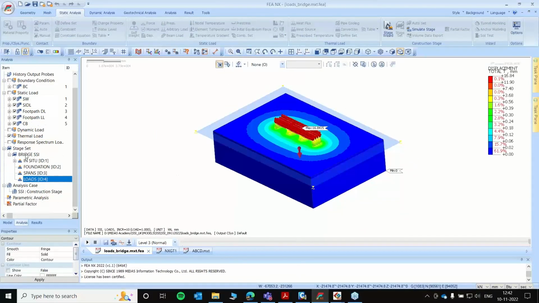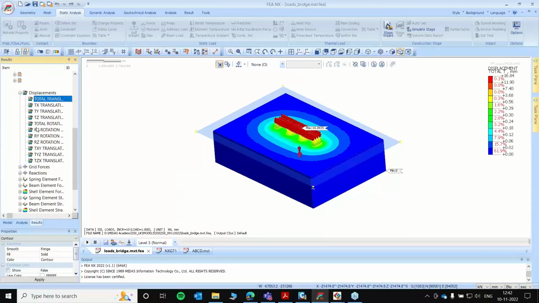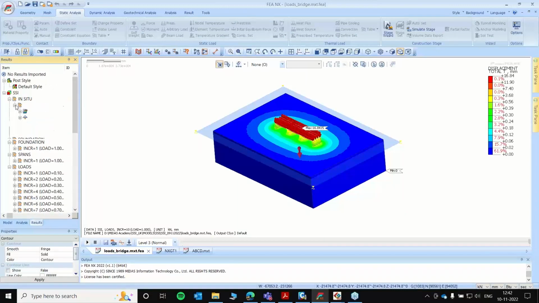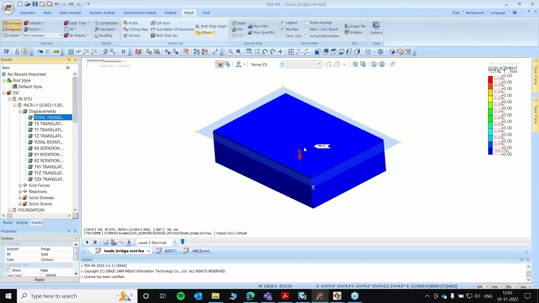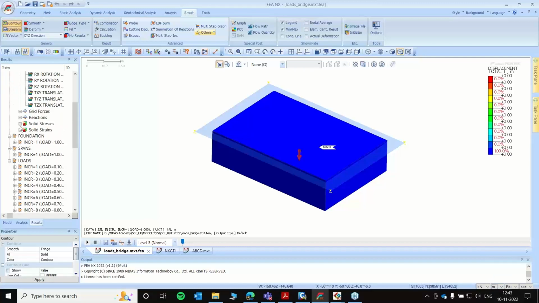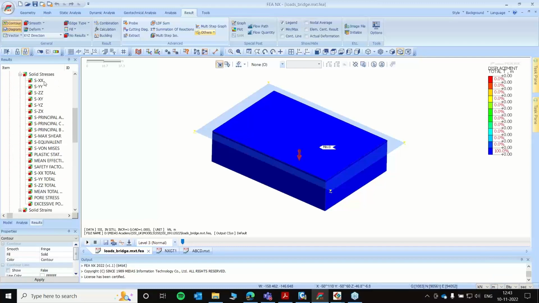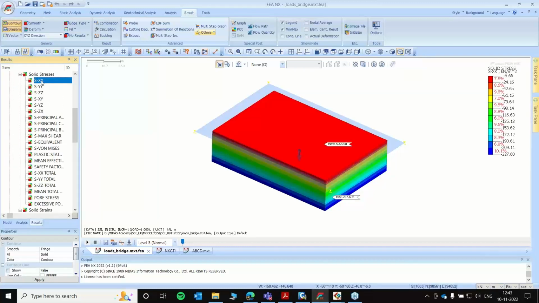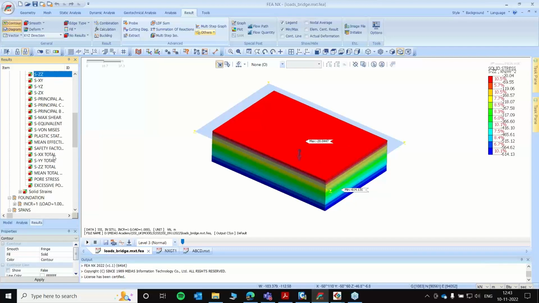In the first stage, as we mentioned, it was for in situ ground conditions. The displacements will be 0. All we need to do is just check for the prevalent ground stresses. So the horizontal stress, vertical, again the transverse horizontal stress, the vertical stress, and then the pore pressure.